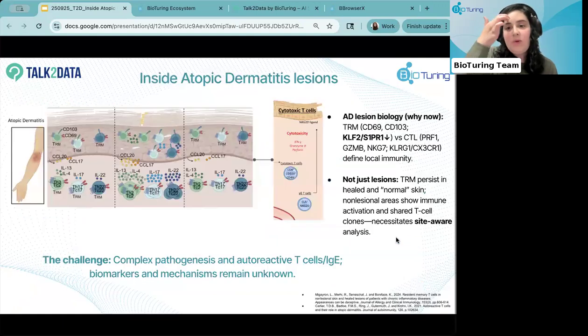Okay. So a bit of an introduction on how we understand what's happening inside the atopic dermatitis lesion. These lesions are not usually uniform. You don't really see a uniform inflammation. They are very site-specific ecosystems that are usually dominated by two different CD4 states, which are these